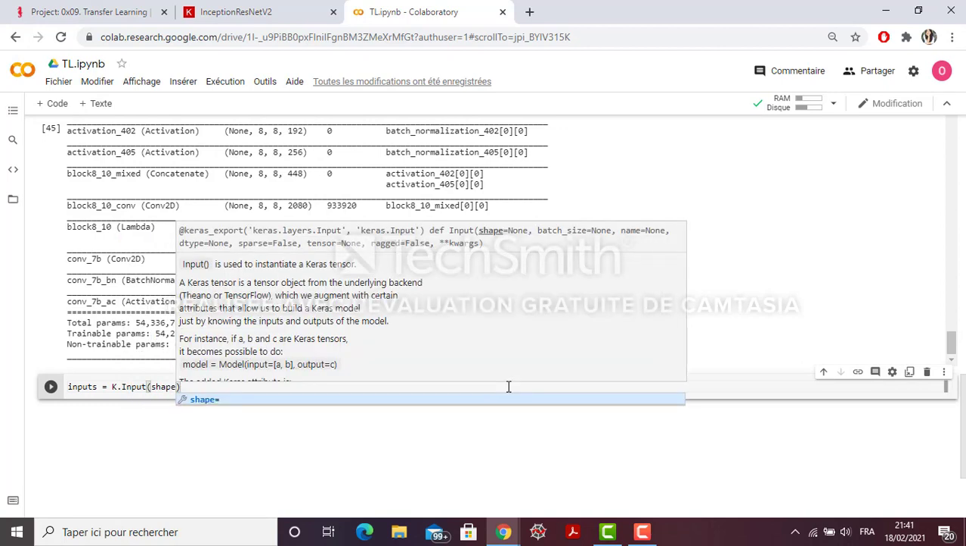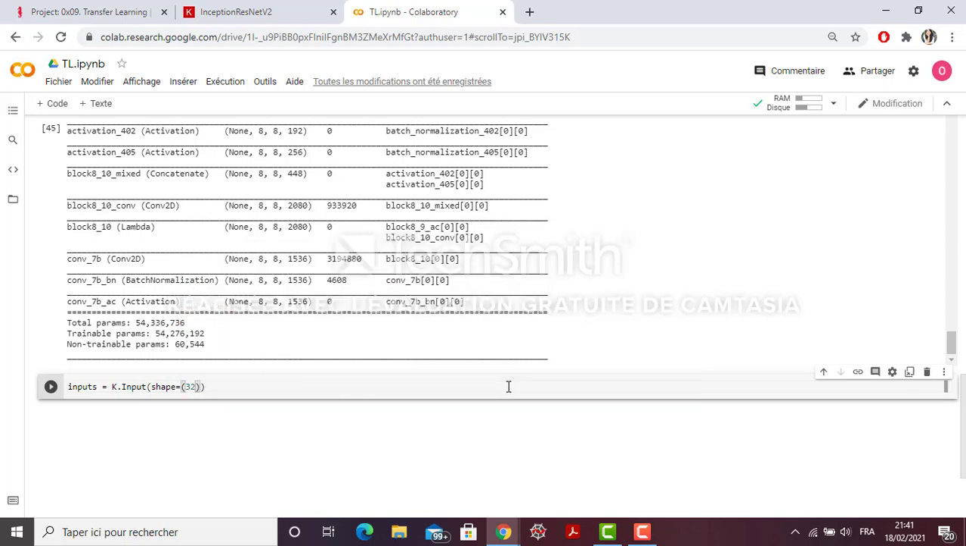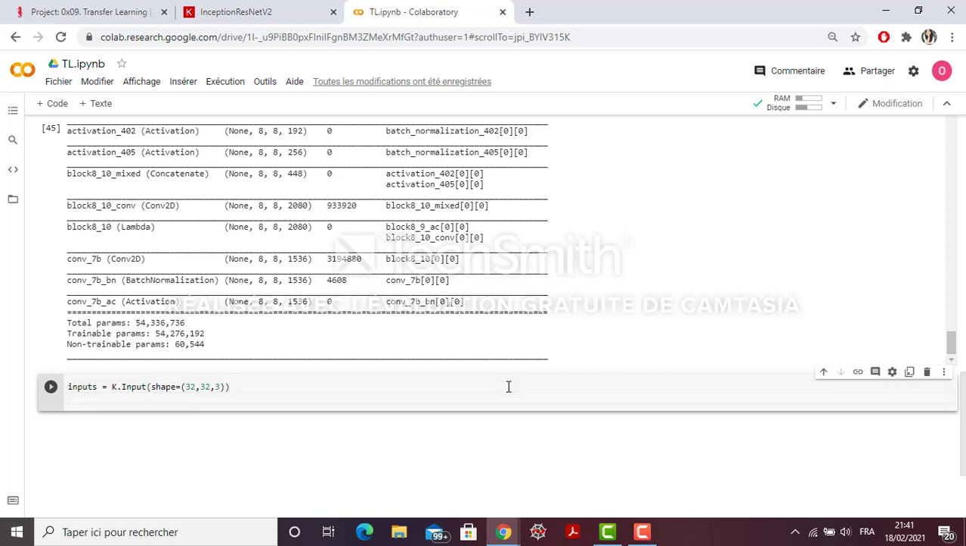Okay, so I have the shape of my input equal to the shape of X-train, which is of the images, 32 by 32 by 3. So this is my input that I'm going to fit my model with. Now, as I said, the CIFAR10 dataset contains these 32 by 32 pixel images, but the Keras application